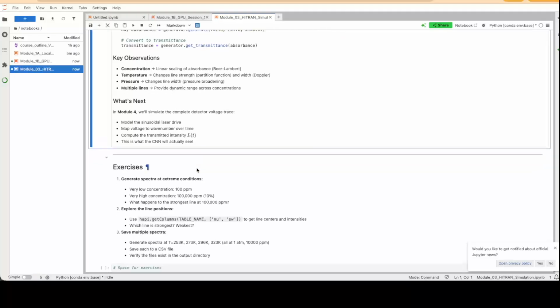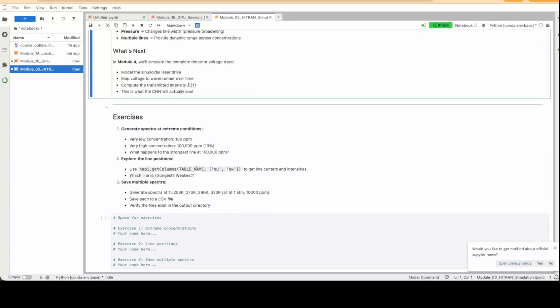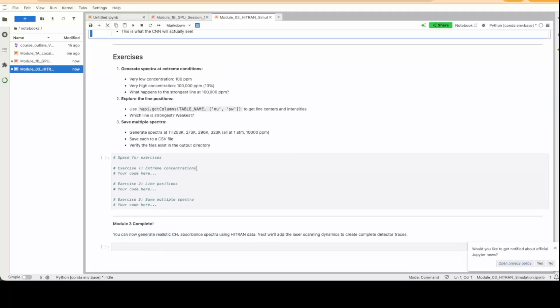And next, we're going to look at how we translate these simulations into what the detector would see on any given sensor. So generalized sensor, laser hitting a detector. And we'll go to that next, which is what we'll use to start generating the training data set for the